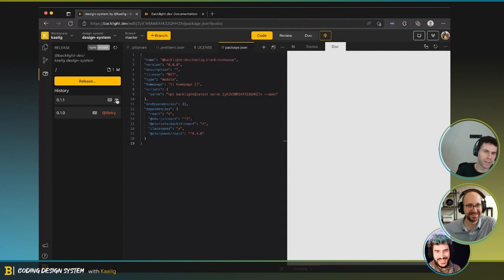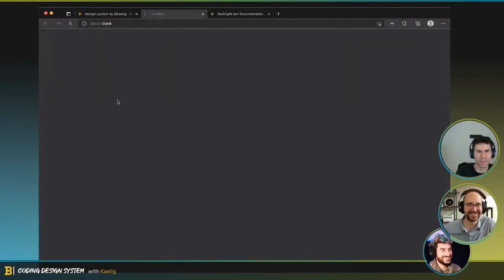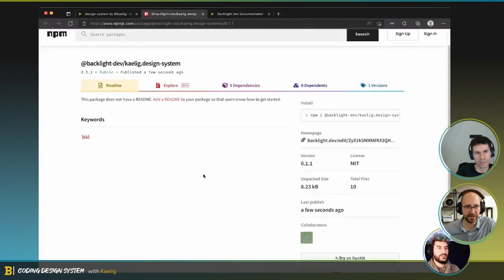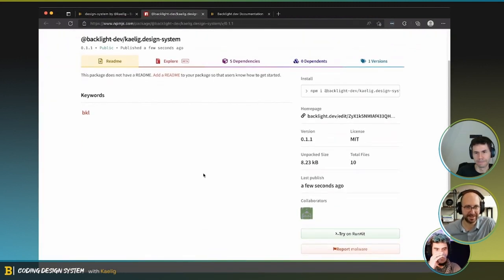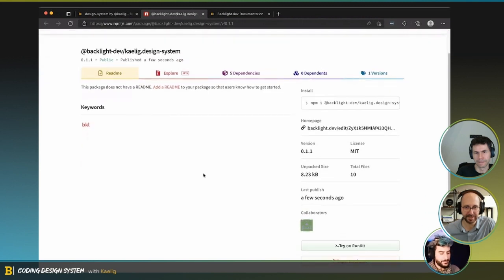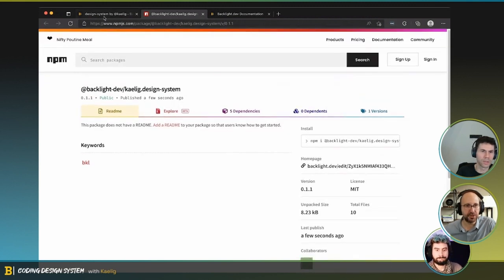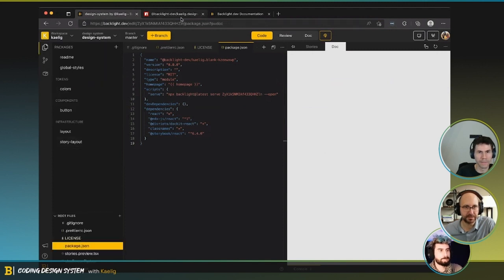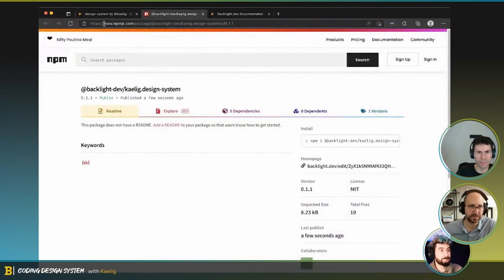So here we are. So now we have the NPM package. It's there, if NPM is okay to load it. We're running out of time, but at least we got it. Awesome. Yeah, that's great. Can you go on unpackage and show me the content of it? Yeah, because I'm curious about how it exports.